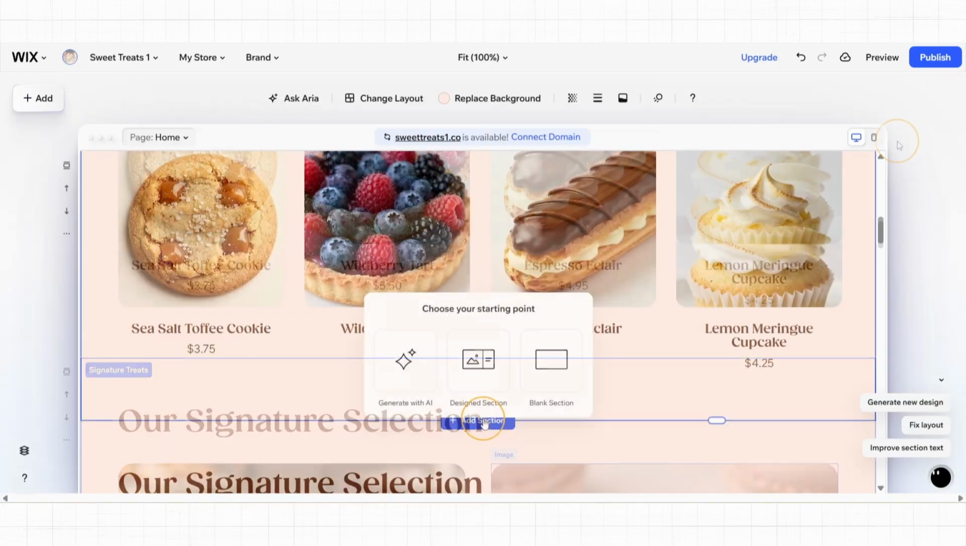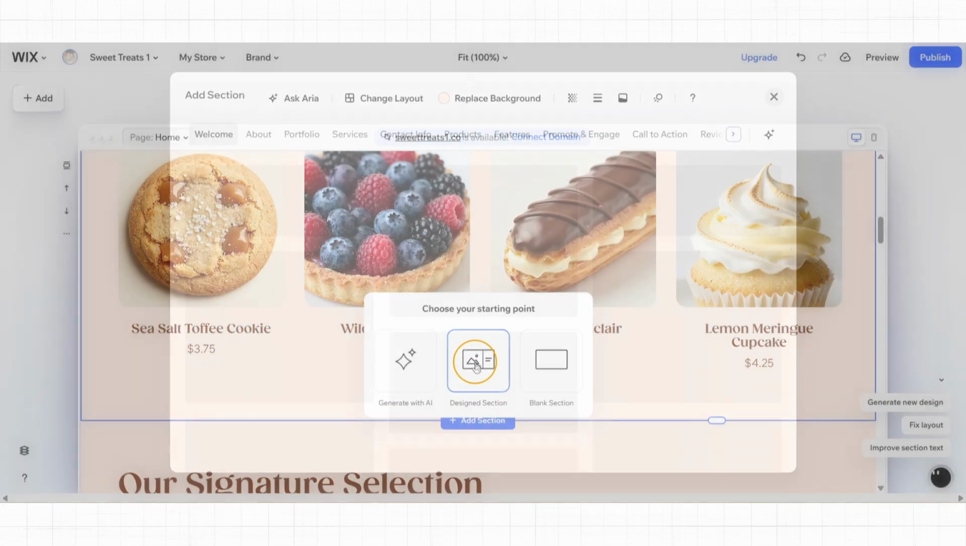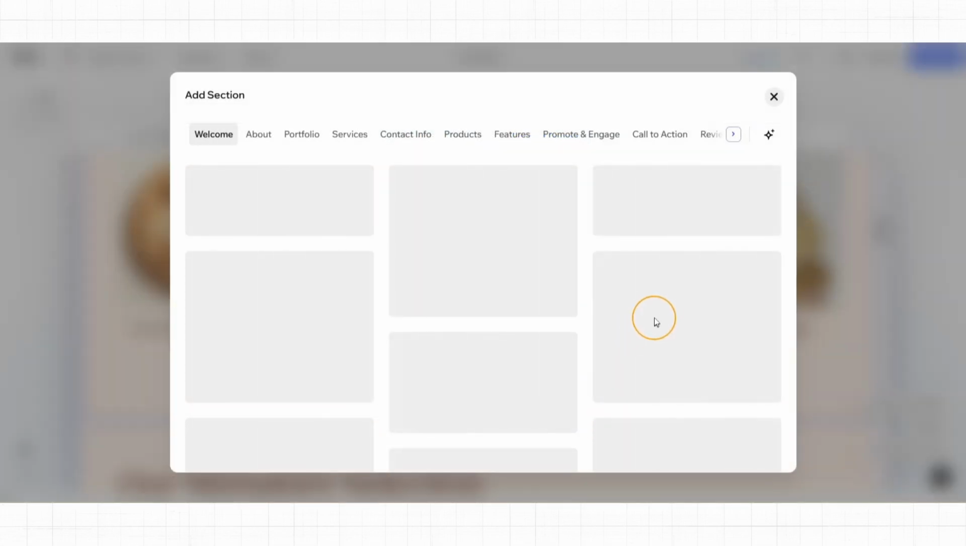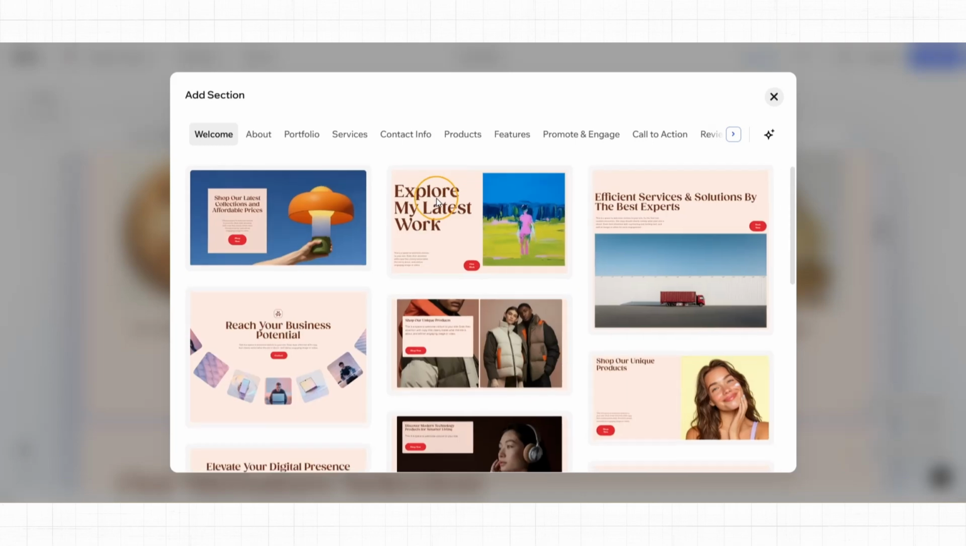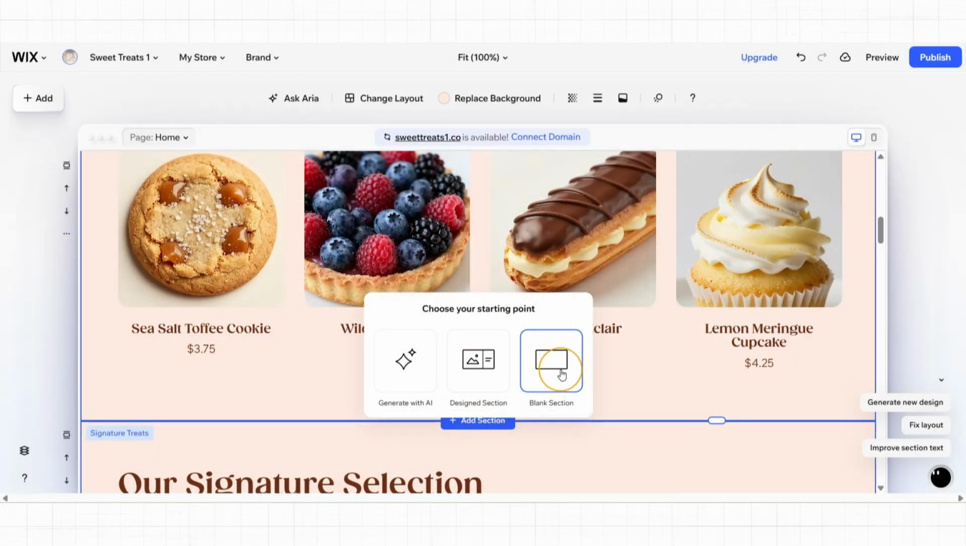Moving on, we have the designed section option. Here, you can just simply choose from free design templates that you can customize yourself. And then we have the blank section, which of course will be blank and you'll have to go ahead and